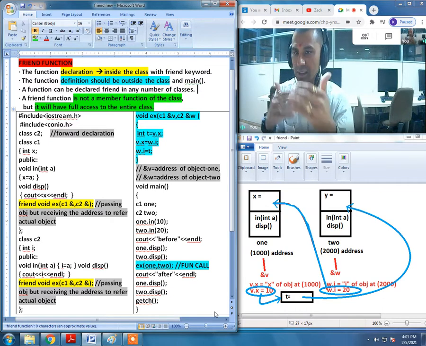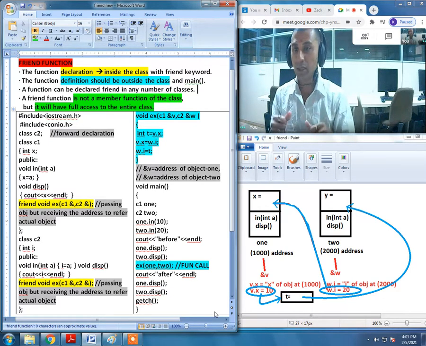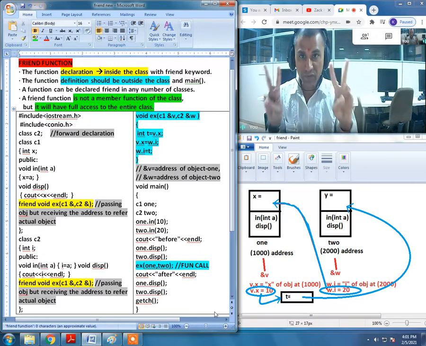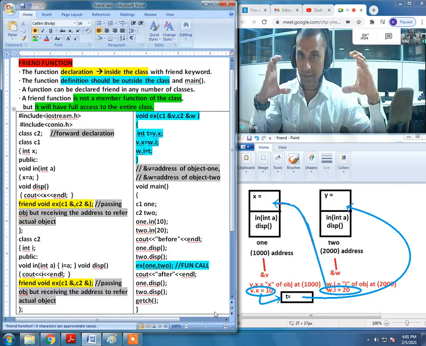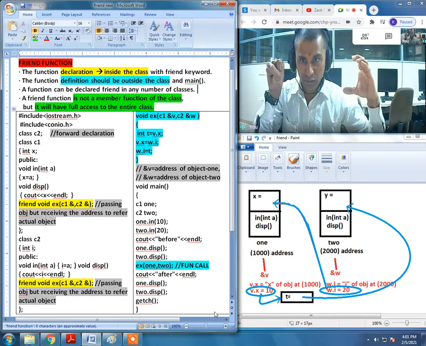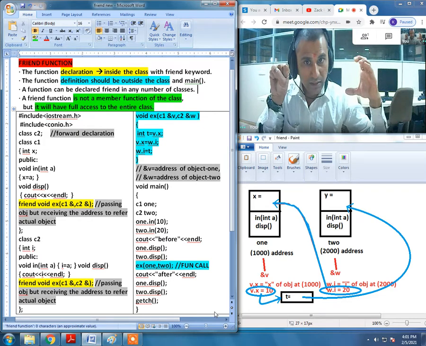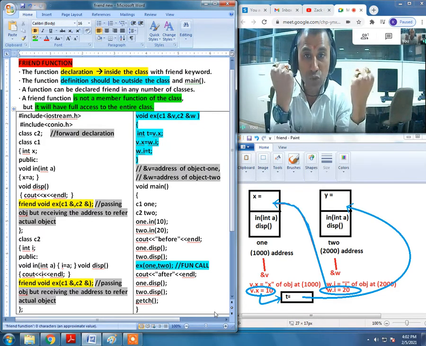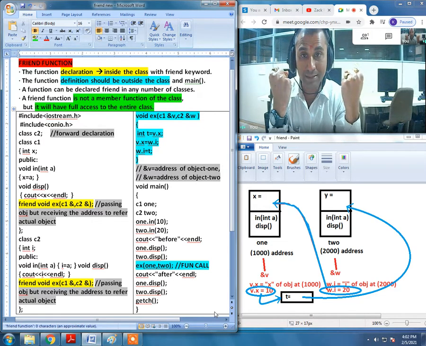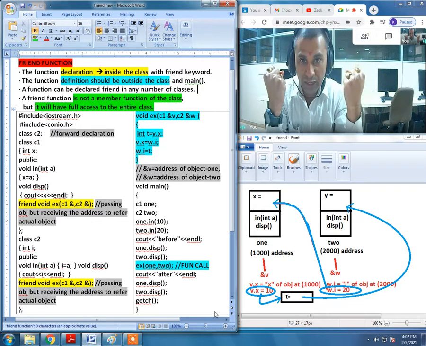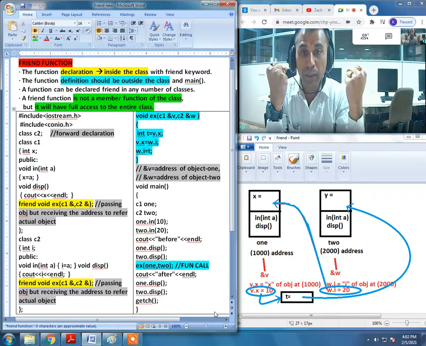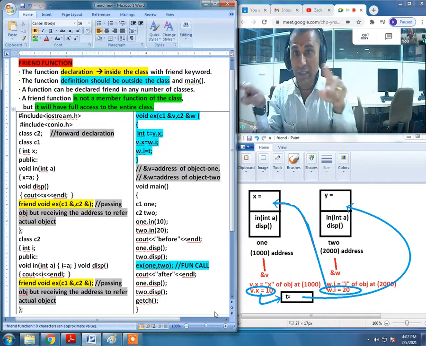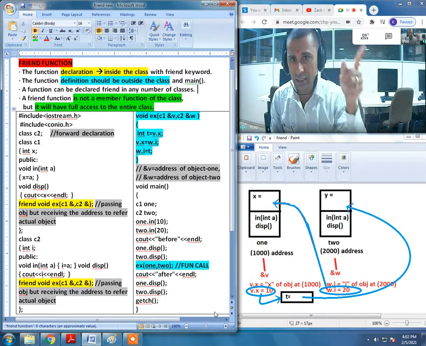Okay, now let us understand the program, what actually it's saying. So let me help you visualize the program functioning. We are having two different classes. First class is called C1, another class is C2. We are going to create an object of C1 named as 1, and the object of C2 will be named as 2. So these are two different objects of two different classes, and we are going to try to interchange, to swap, the private variables of two different objects of two different classes. That is how this entire program is going to work, and that is all it's about.